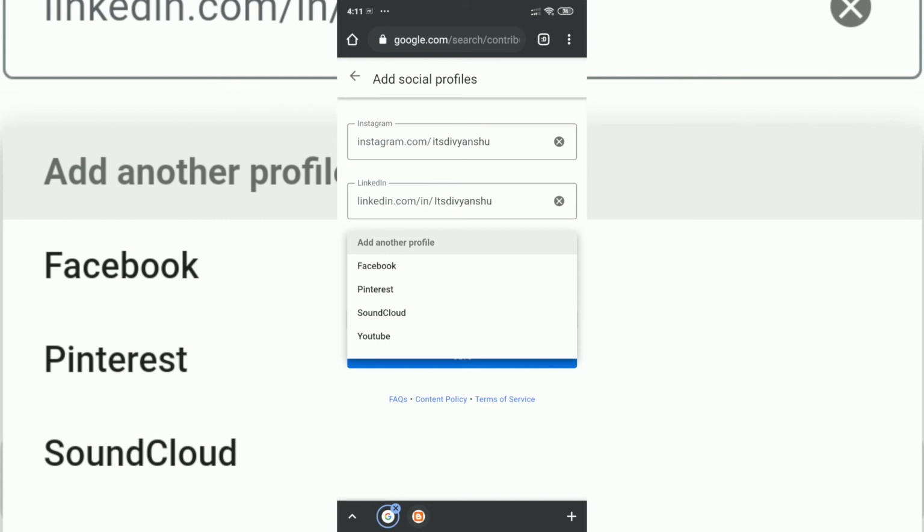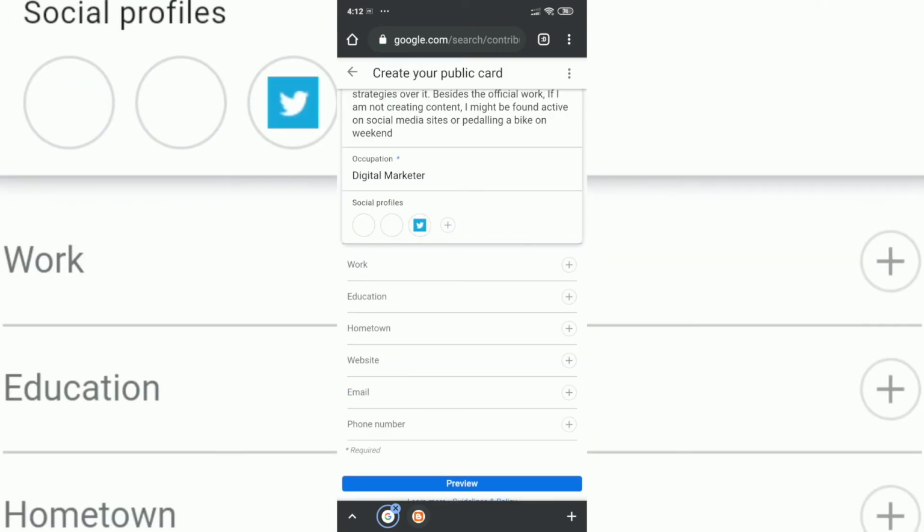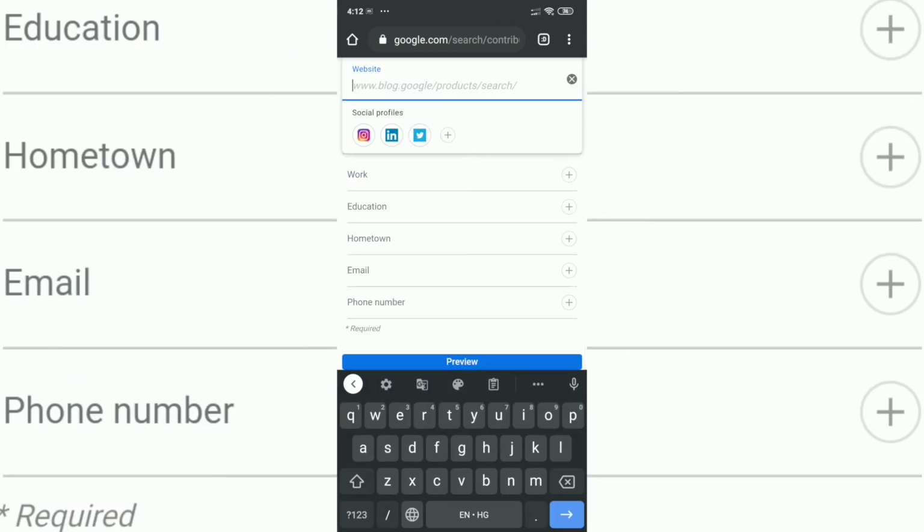For YouTube I'll have to go and check out the link, so probably I'll do that later on. It is the same for Pinterest, Facebook as well. I don't want to add the Facebook right now, so you can go ahead and save it. You can see all these social profiles have been added over here. You can add your website as well.